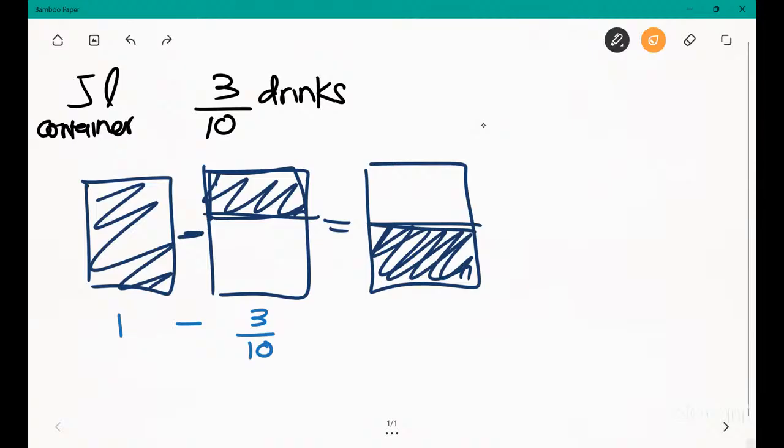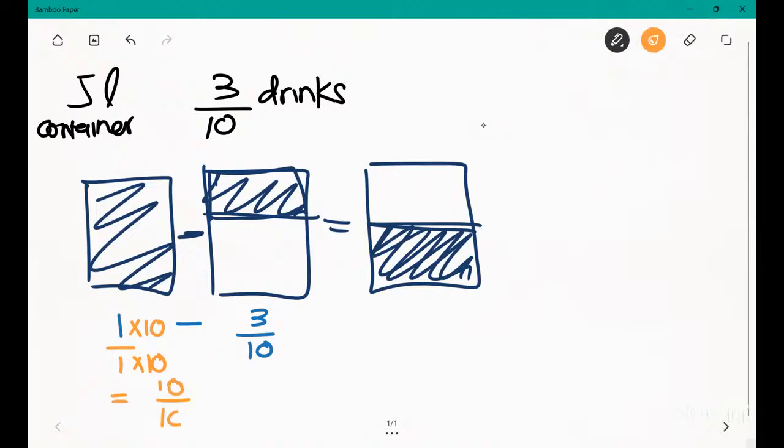As I told you previously, when you have a whole number, you write it as a fraction by putting 1 as the denominator. If you have 3, you can write it as 3/1. Same here, so you're going to have 1/1. And since this denominator is 10, I have to multiply both up and down by 10. In the end, I will get